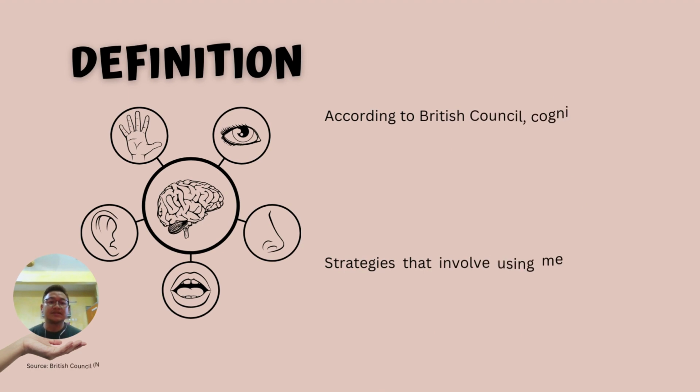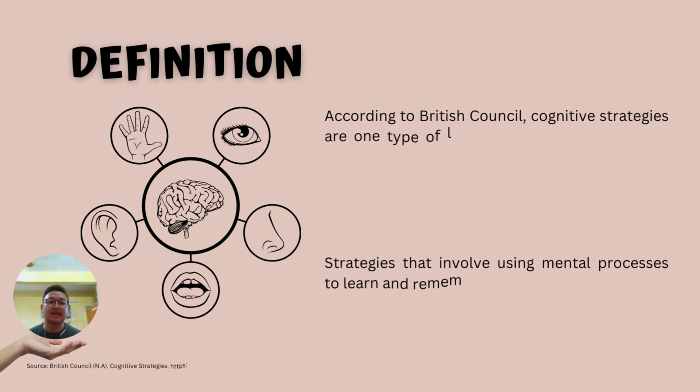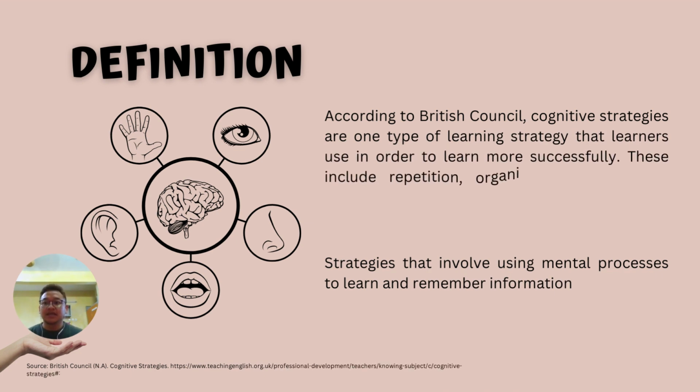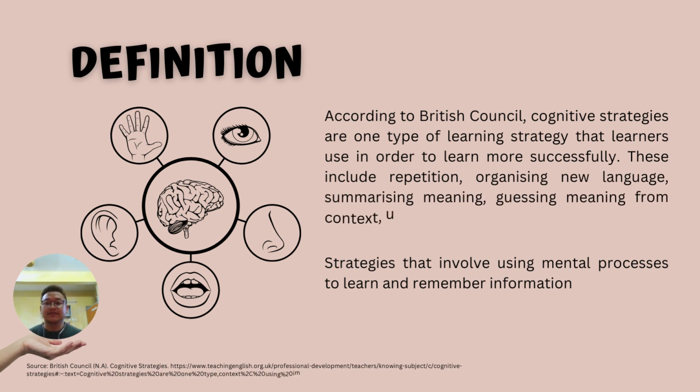According to the British Council, cognitive strategies are one of the types of learning strategies that learners use in order to learn more successfully. Cognitive strategies are essential tools that aid successful learning. They are techniques that learners employ to comprehend and retain new information effectively. Repetition, organizing new language, summarizing meaning, guessing meaning from context, and using imagery for memorization are all examples of cognitive